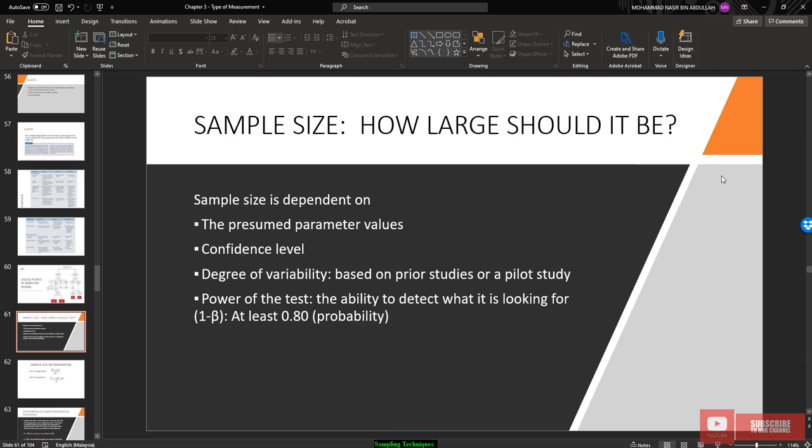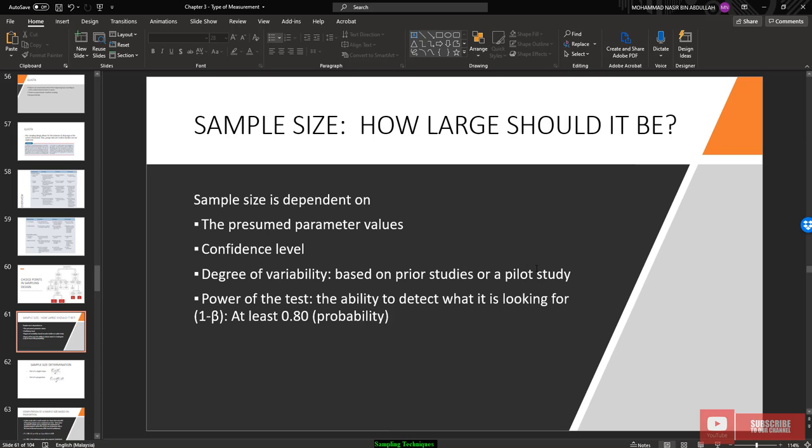Second is we need to determine our sampling frame. The third is we design our sampling techniques. Number 4, we need to consider what is our sample size. And the last is we do data collection. Sample size depends on pre-assumed parameter value, confidence interval or confidence level, degree of variability based on the